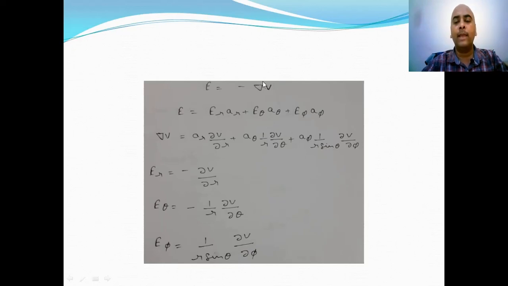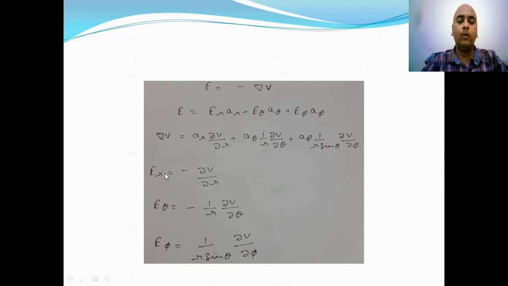If we expand del of V in spherical coordinates, it will be unit vector a r partial V upon partial r plus a theta 1 upon r partial V upon partial theta plus a phi 1 upon r sin theta partial V upon partial phi. So if we equate these two terms, by equating the a r term with a r, a theta with a theta, and a phi with a phi, we obtain that